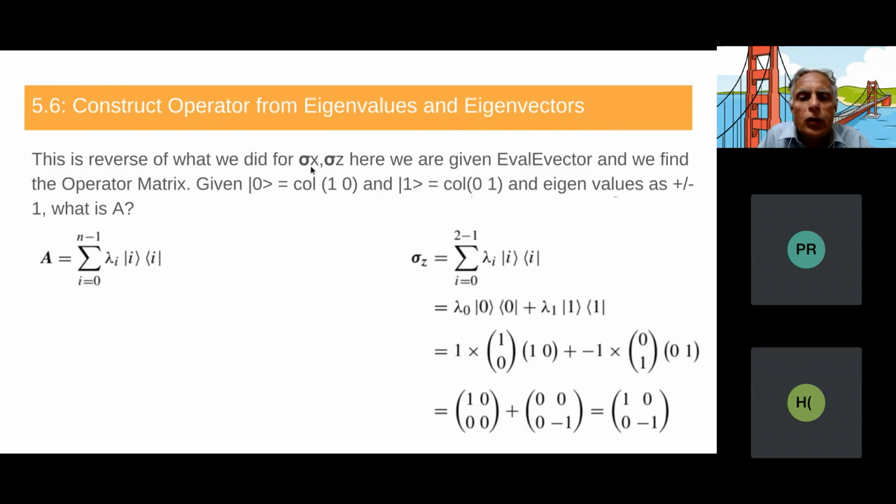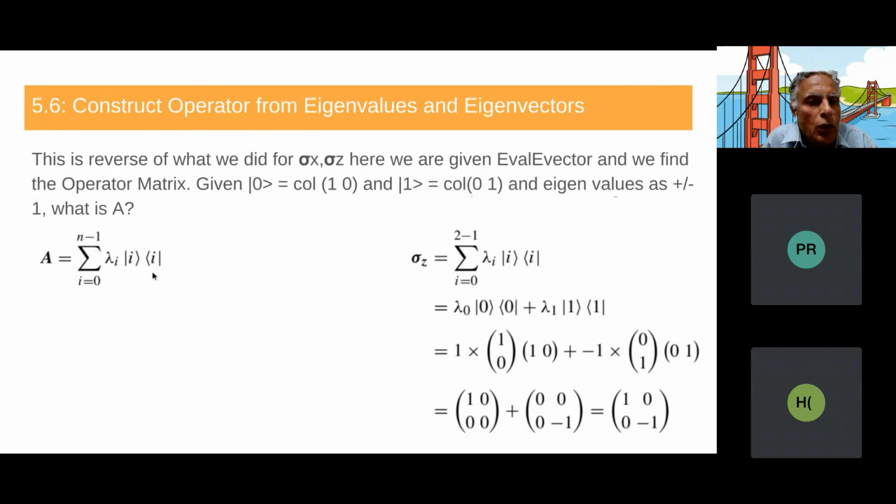Now, if we are given this, what is the matrix? Previously, we took sigma x, sigma z and tried to find the eigenvector and eigenvalue. But now we are given the vector and the eigenvalue, and the question is what is the matrix. So it is like a reverse operation now. We'll go back to the same thing, A equal to the sum from I equal to 0 to n minus 1 of lambda I. In this case, we are taking